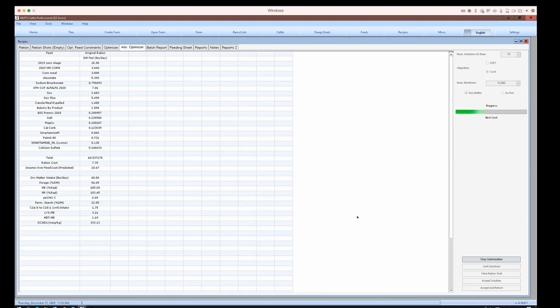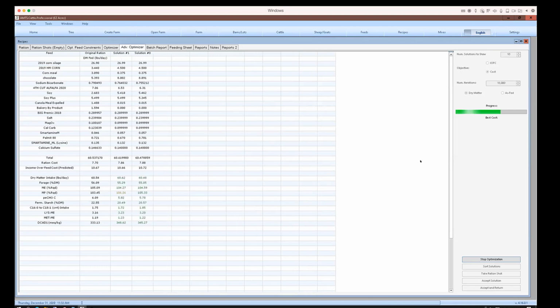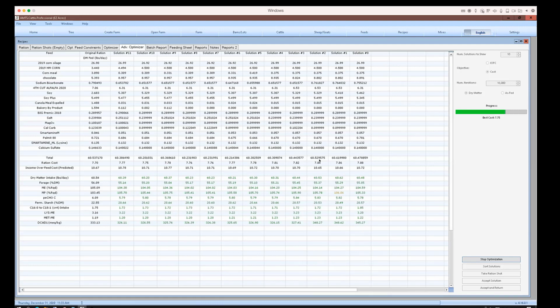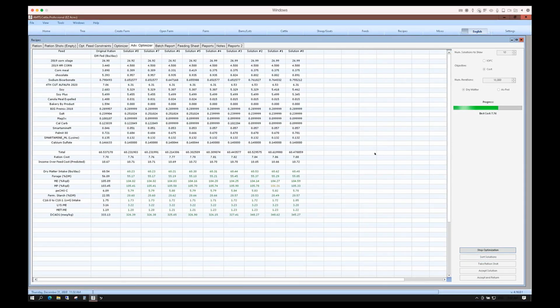It is important to note that optimizing should be viewed as an iterative process. The best results will come from running the optimizer, maybe adjusting ingredients or constraints, then running it again. For this tutorial, we could have created a farm and a diet that easily solved, but it was not real life, and as Tom explained in the beginning, this is a real farm with real cows and real feeds that have realistic inventory constraints and actual feed analysis values.